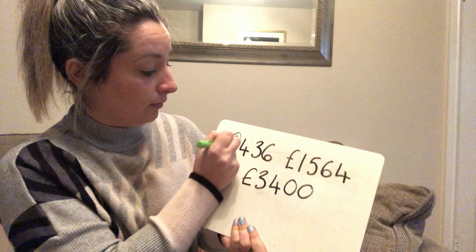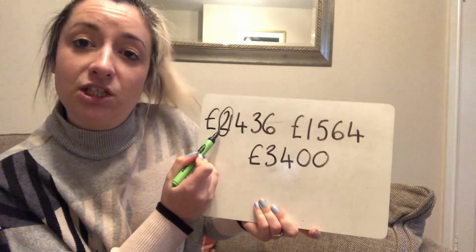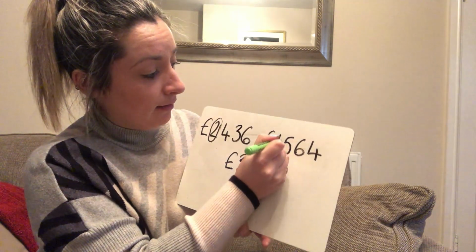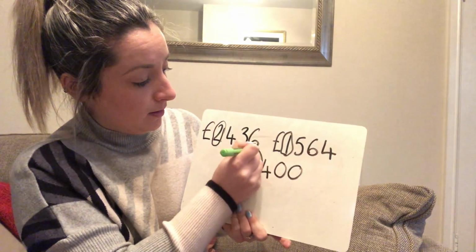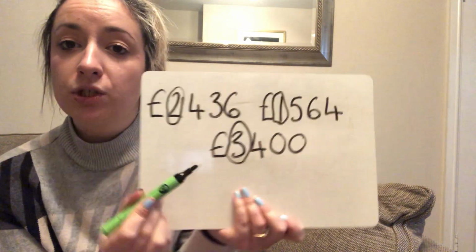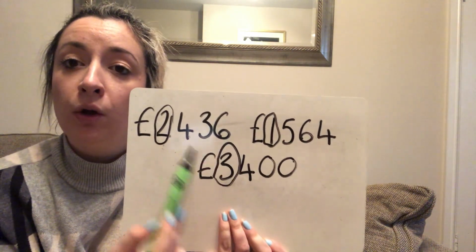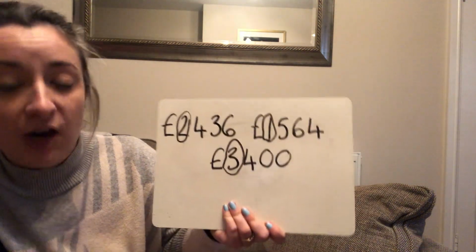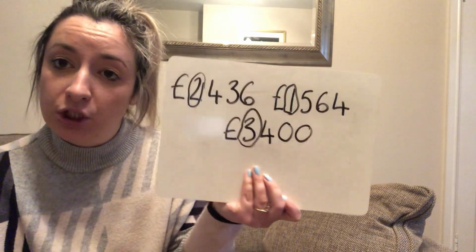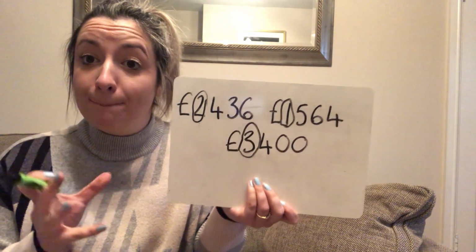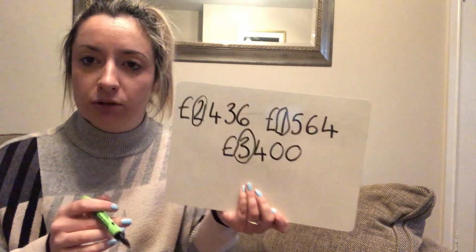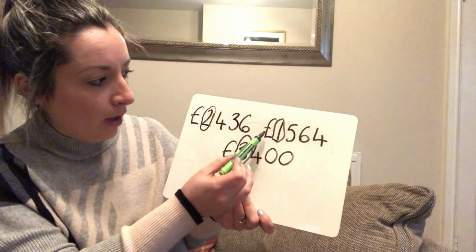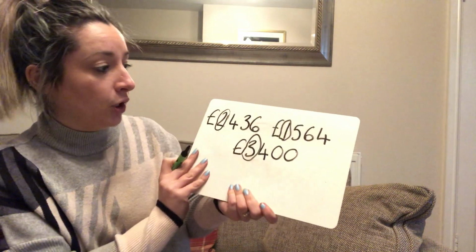So I'm going to circle here. There's 4 digits, so I know that this digit here is worth 1,000. The value is 1,000. Same again for this one and this one, because they are all 4-digit numbers. So the numbers that I've circled, the value is 1,000. So I've got 2,000, a 3,000 and a 1,000. Now remember, in your booklets you need to be starting from the number or the amount of money which has the lowest value. So the lowest number on here. Is it going to be the 2, the 1 or the 3? This one is going to be the lowest,